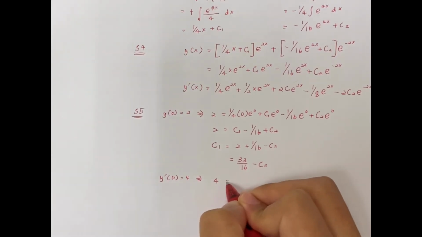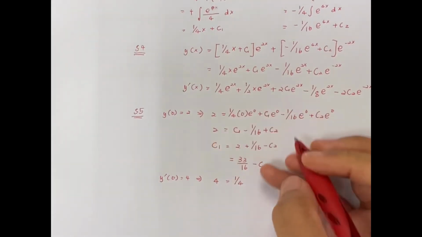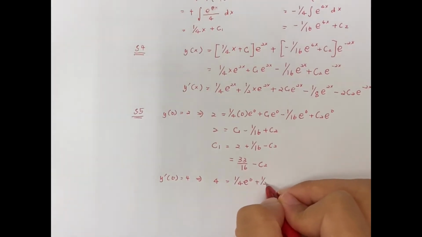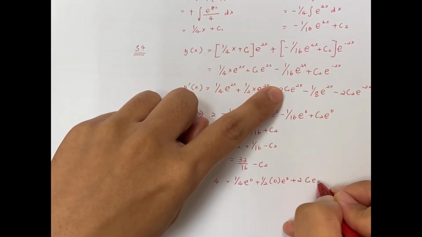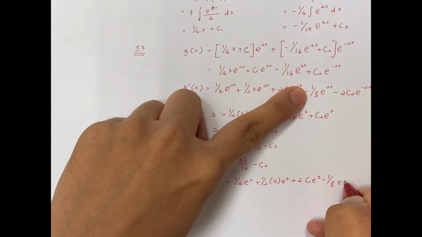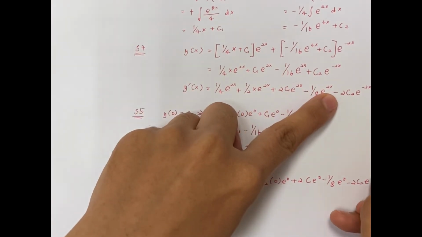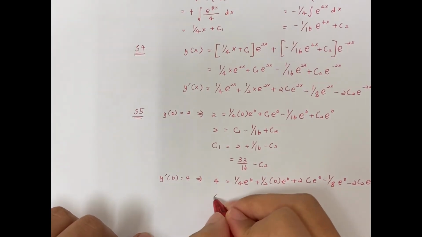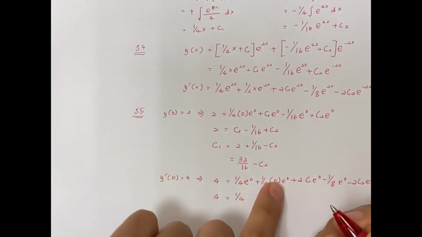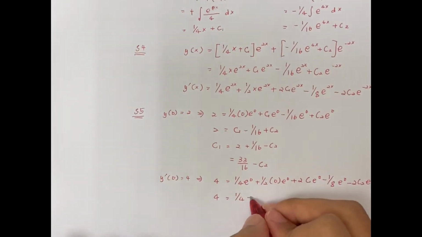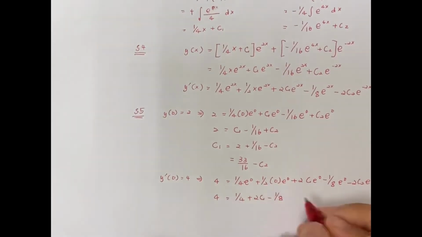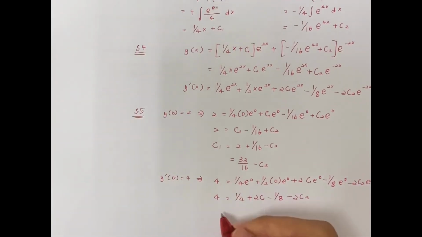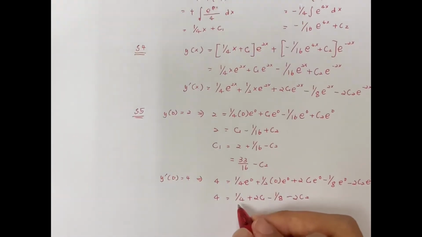So 4 is equal to 1 over 4 times 0 to the power 0 plus 1 over 2 times 0 to the power 0 plus 2 c1 to the power 0 minus 1 over 8 to the power 0 minus 2 c2 to the power 0. So 4 is equal to 1 over 4. This is 0. And then 2 c1 minus 1 over 8 minus 2 c2. Okay, so for this one you have, if you solve for this one,